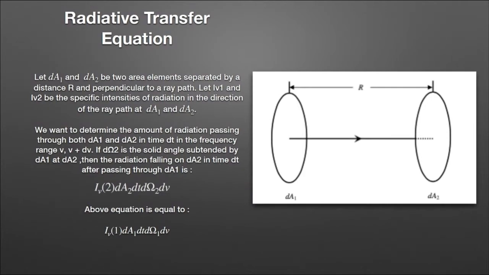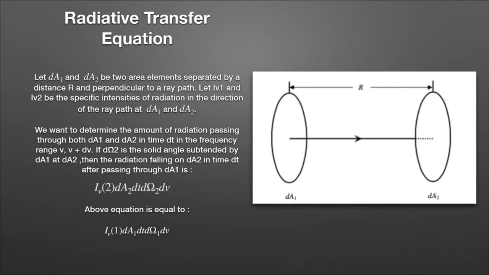So now the major thing in astrophysics is that we need to understand the interaction of matter and radiation in order to explain the spectra of objects like stars or galaxies. So for that we should discuss the effect of matter on the radiation field. If matter is present, then the specific intensity of the radiation field keeps changing as we move along a ray path.